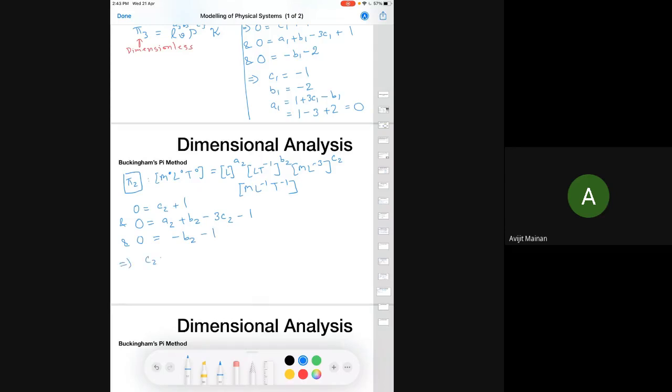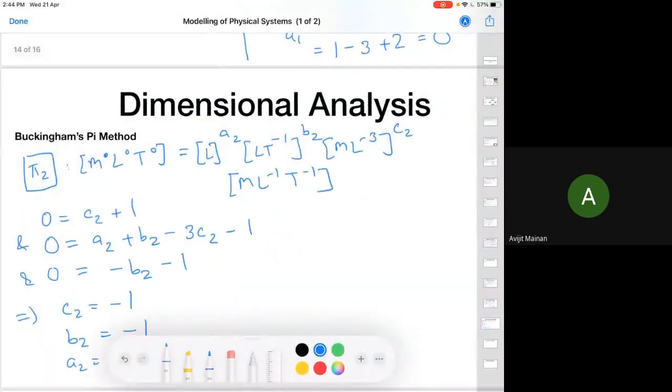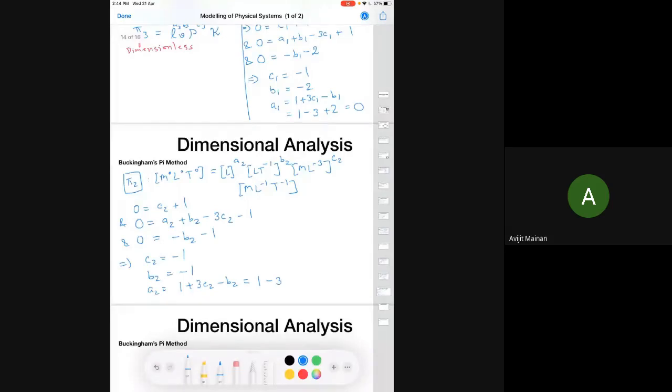So this tells me C2 is minus 1, B2 is minus 1, and A2 is equal to 1 plus 3C2 minus B2, which is 1 minus 3, minus B2 is a plus 1. So 2 minus 3 is minus